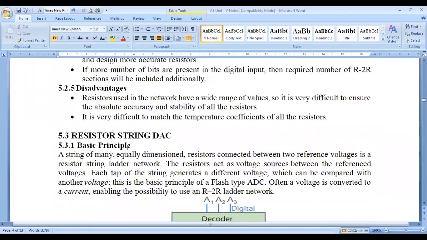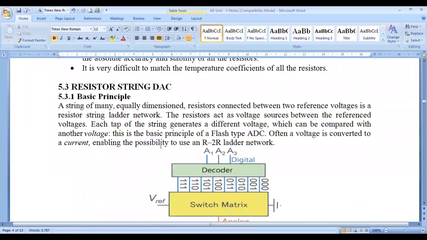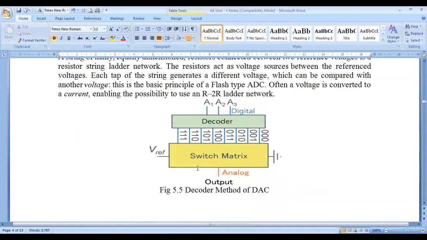The third method is called the resistor string method. String means a group. A group of resistors will be used for converting digital signal into analog signal. This method is called the resistor string DAC. Look at figure number 5.5, the decoder method of DAC. A combination of digital input is given to a decoder,